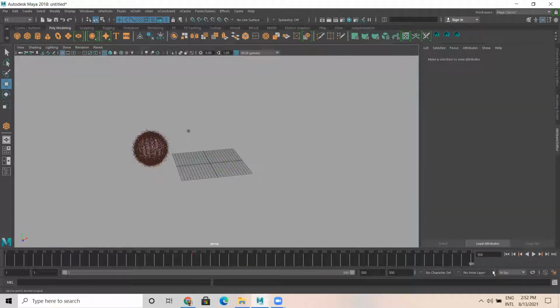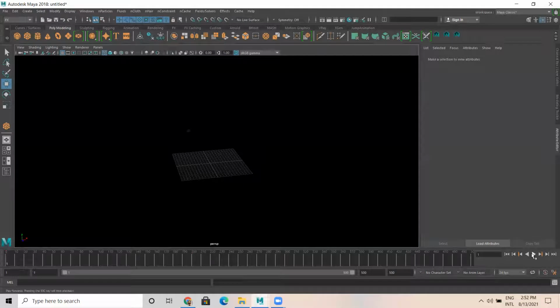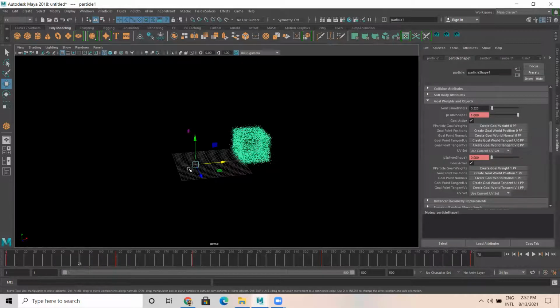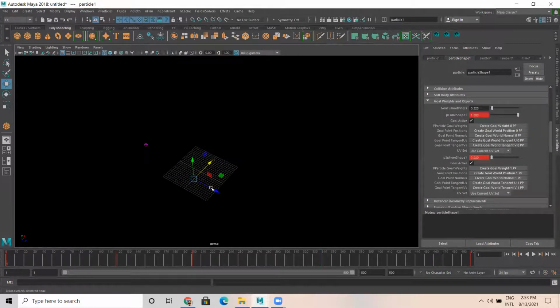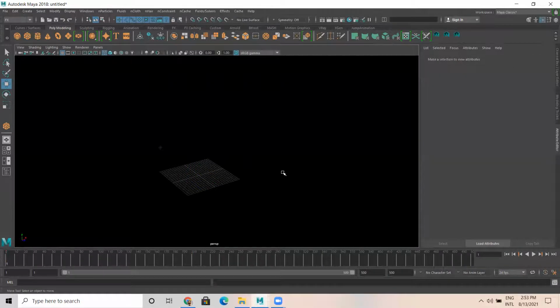Now let's see how this looks. From here to here, polycube initially in the beginning, let it be 0, set key. So it'll transform into a sphere now. Let's see.